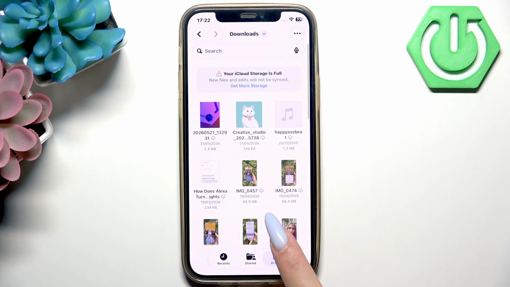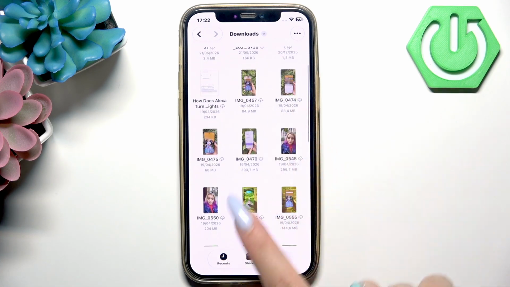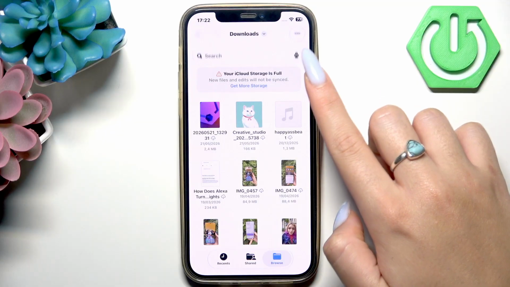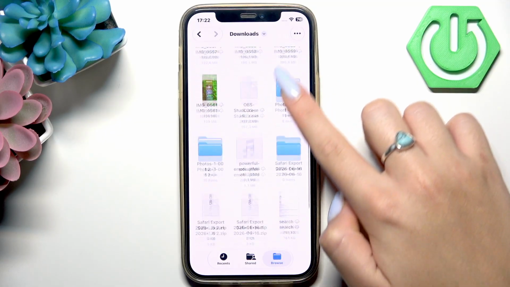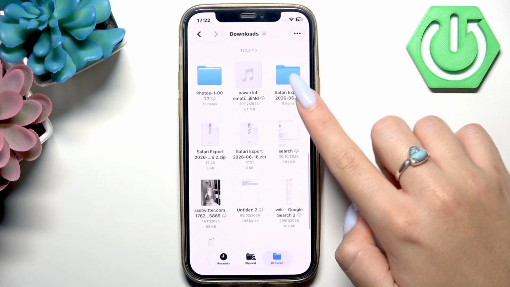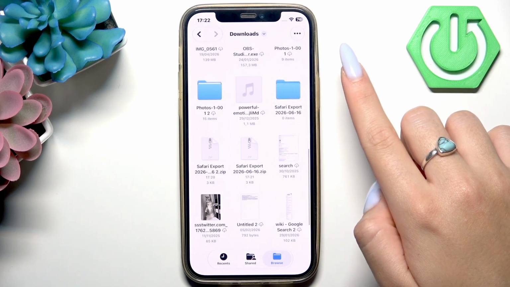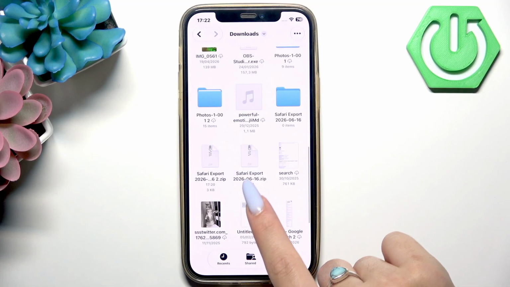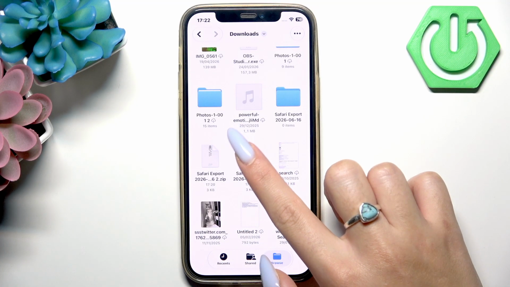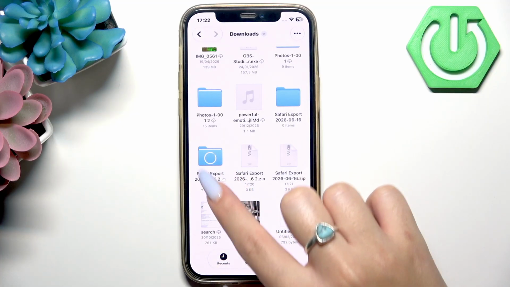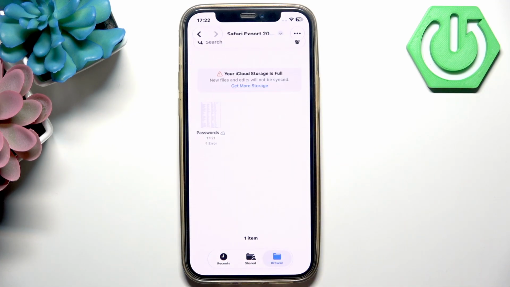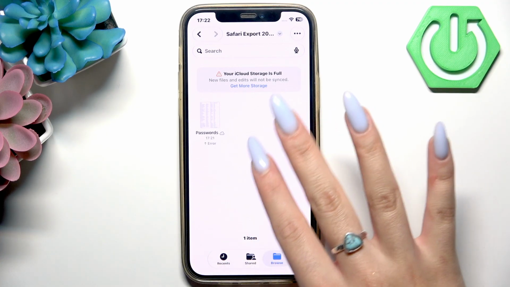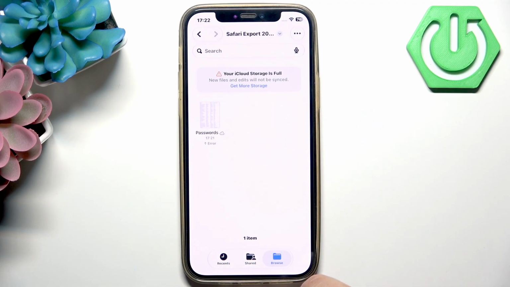If you open your downloads, let me quickly locate this file. So here you have it. This is a zip file, so you want to unzip it, and here you have your file with all your passwords. Obviously I will not open that, but you will see a list of all your passwords, which is really